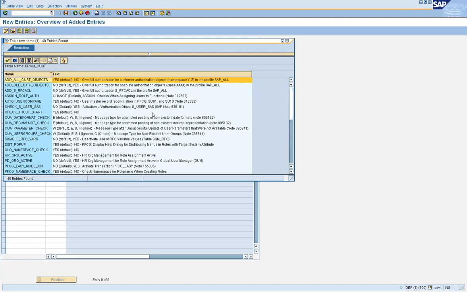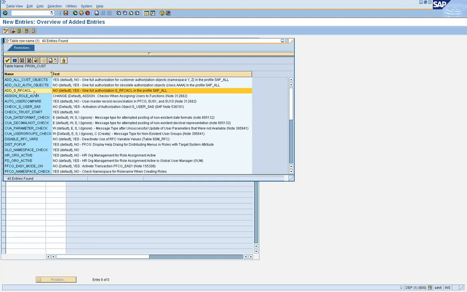Depending on what the need is, for example, S_RFC ACL is a new object which SAP introduced, and which is not part of the SAP_ALL profile. SAP_ALL technically gives access to the entire system, every transaction code and whatever authorizations you want, but SAP did not add S_RFC ACL into this profile.